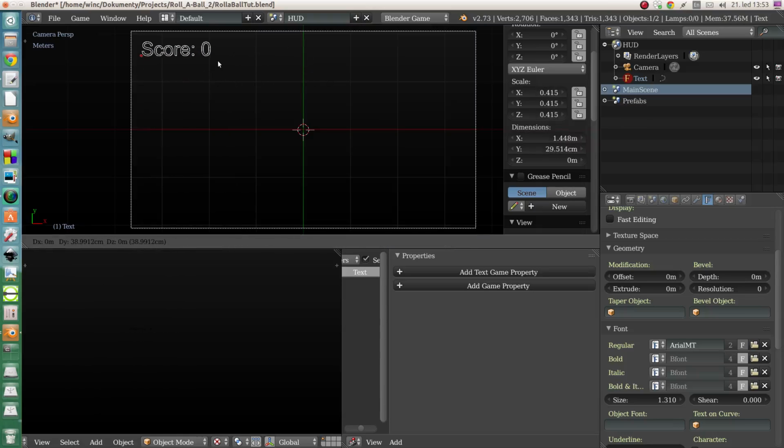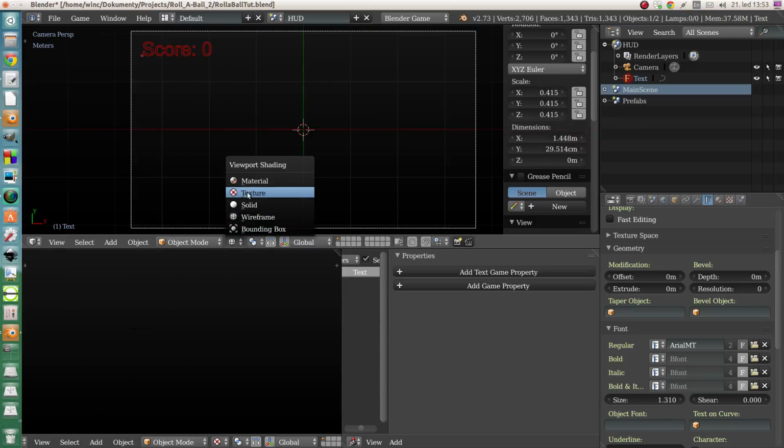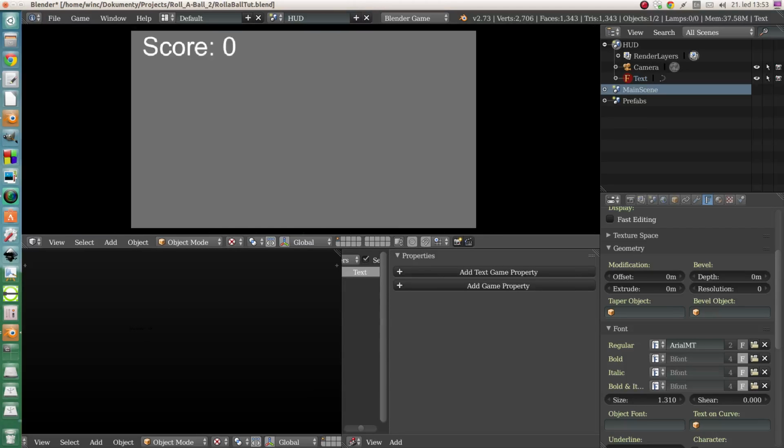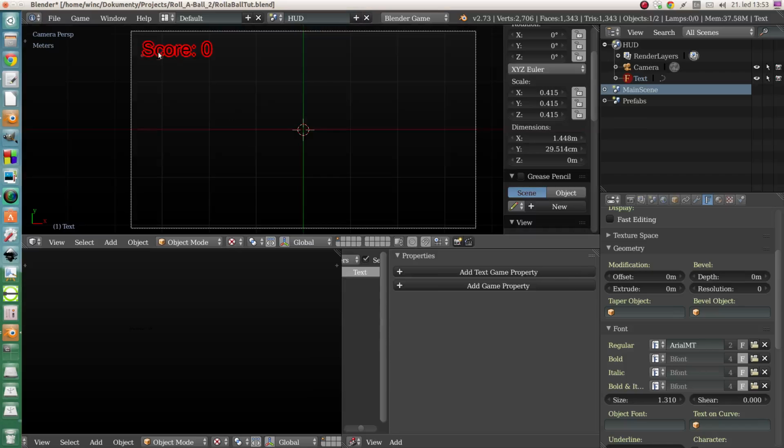For example, here should be my score. Make sure you are in texture viewport. Okay, it's still getting bigger, but we will get rid of it with sizing. Set the size back to 1, and it will mean that the text will look exactly the same as it looks right now in the editor. I know it's weird, but it's Blender game engine, and it's our score text, and we will make